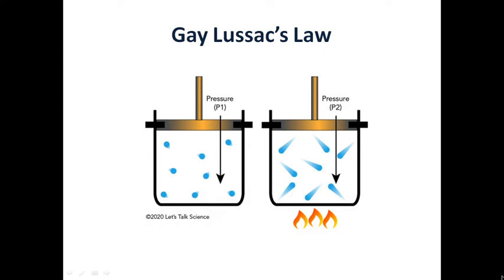Let's take another example. If you have a balloon and you are putting this balloon above a candle flame, you may see the balloon will burst. Why? Because if we are applying temperature, we are giving heat to the balloon, that will increase the movement of the gas particles which are inside the balloon, and that will increase the pressure. Finally the balloon will burst when it cannot handle the pressure of the gas particles present inside it.